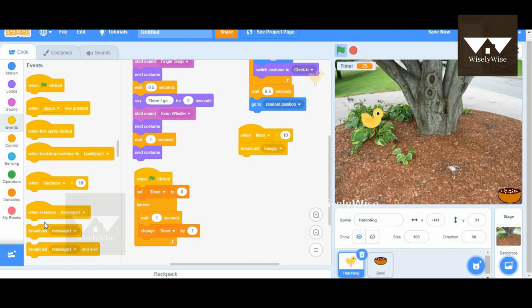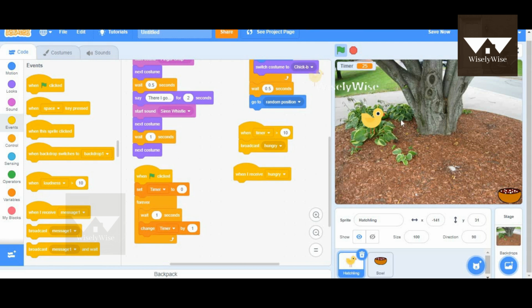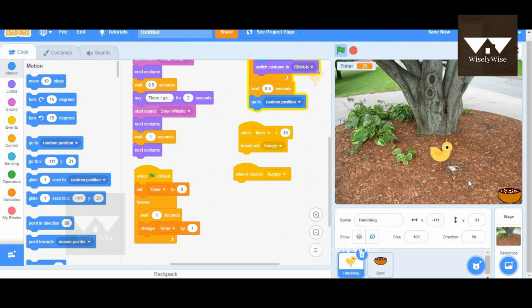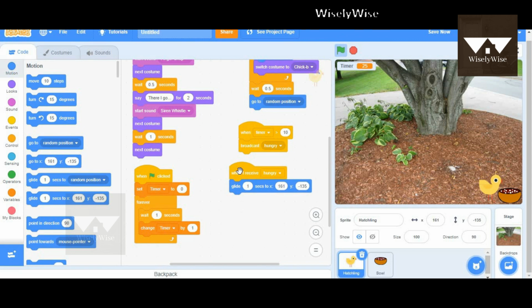But what happens when I receive hungry? So when I receive hungry, so there is a food ball and our pet, which is chick, has to go here and eat the food. So we'll do that. So I'm gonna click on motion. So the pet has to smoothly go here and eat the food. So I've just moved the position and I'm gonna take the glide block and put it here. So when I receive hungry, it just glides here to this position